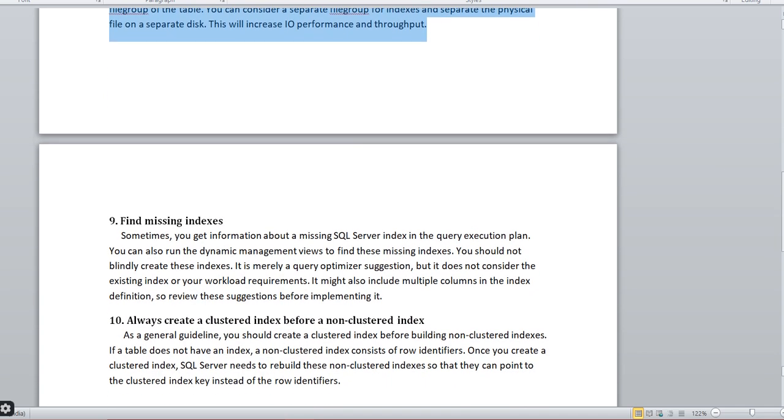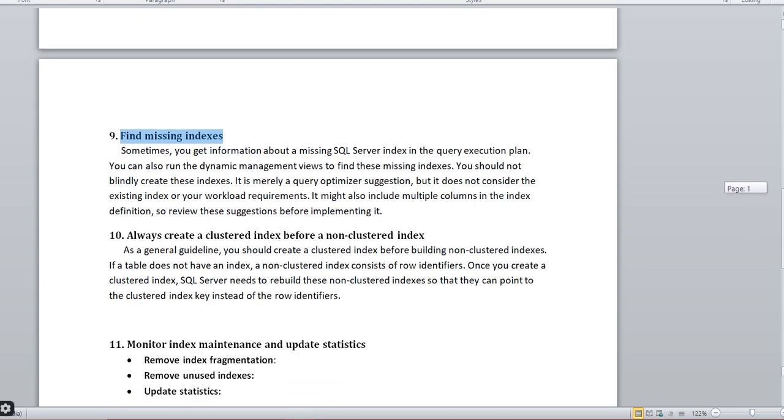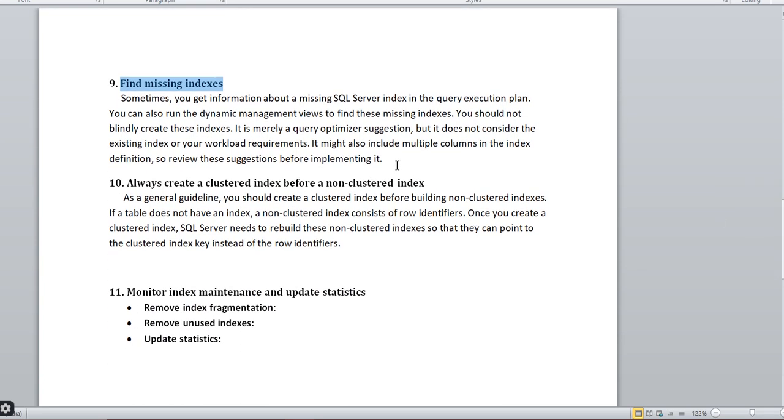Okay, nine is to find the missing index. This is very helpful. I have already created one video on how to find the missing index to improve your SQL Server performance. As I told you in the previous point, don't create indexes blindly. If an index is not used for so long, or there is any kind of duplicate index or missing index, then definitely the performance will go down for that particular database.